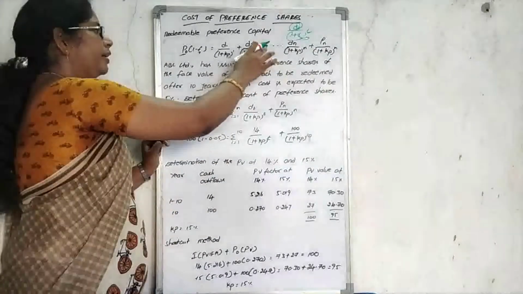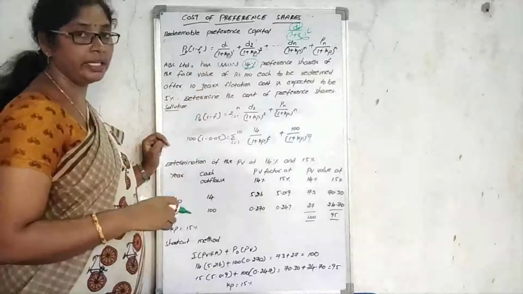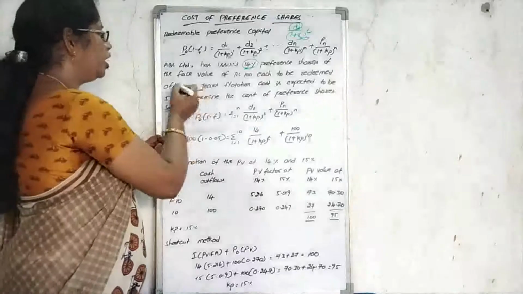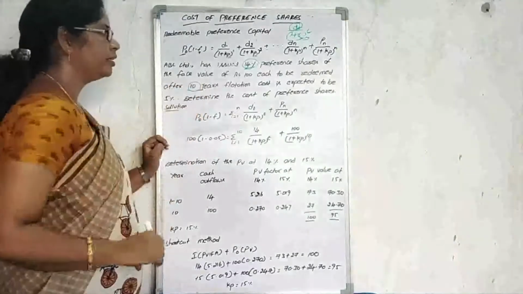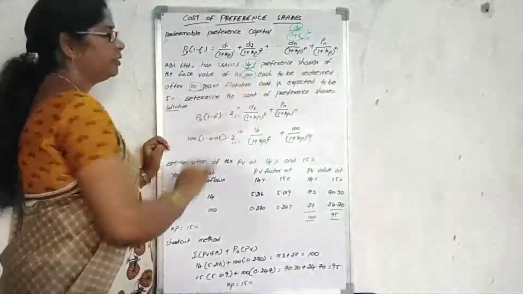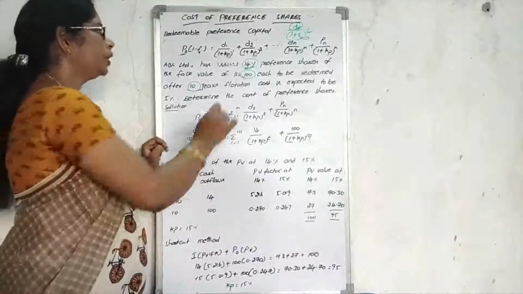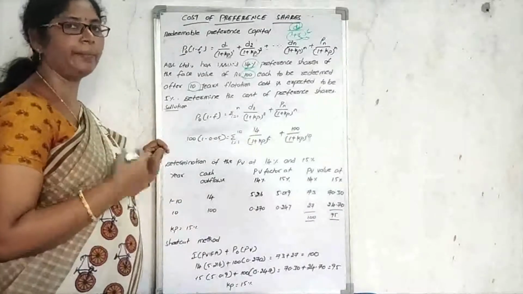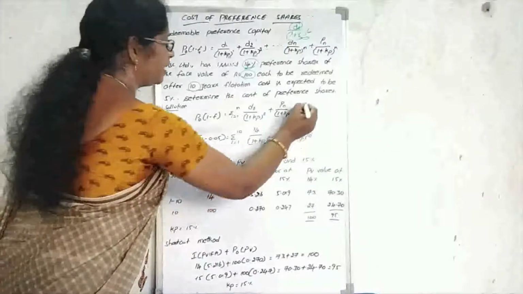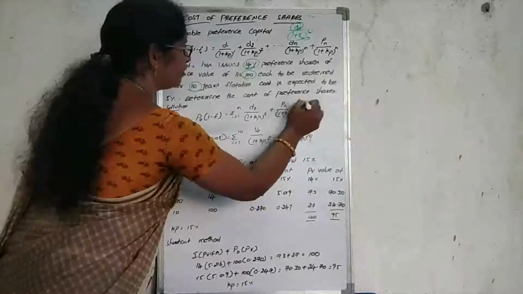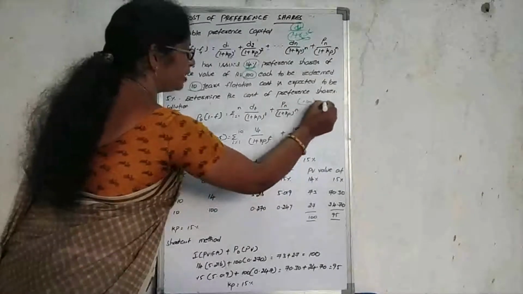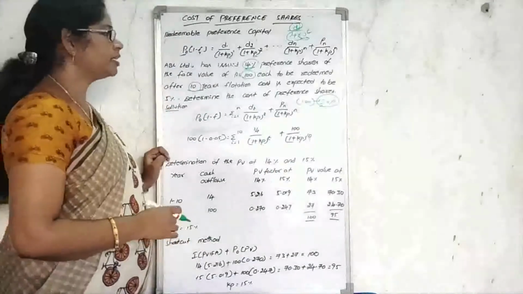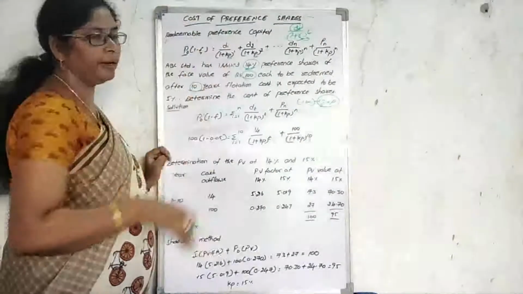For the second year, up to how many years they are given in that problem, up to that we have to consider. How many years are given? 10 years. What is the face value? 100 rupees. At the end of the period, we will receive the payment value. If we invest 100 rupees in the market, what will we receive after 1 year? We will get some interest, and after that, the principal value you also receive. So that's why we consider the principal value also.